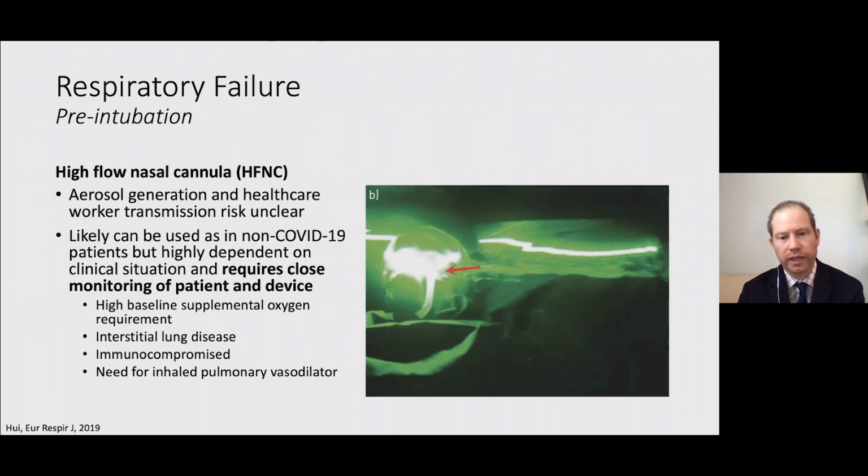What you see on the right side of the screen is from that same study looking at the spread of viral particles in the setting of the use of high-flow nasal cannula. This is an example where they've simulated the high-flow nasal cannula coming very slightly detached from the patient's nose or being slightly misplaced. And the bright signal you see is viral particles spreading throughout the patient's room and environment. And so it's very important that if patients are on high-flow nasal cannula, then both from a medical and from an infection control standpoint, they be closely monitored. It is a useful tool, as I said, and it can be a useful tool for delivering other adjuvant interventions, such as inhaled pulmonary vasodilators, but it's one that we just need to use with caution.